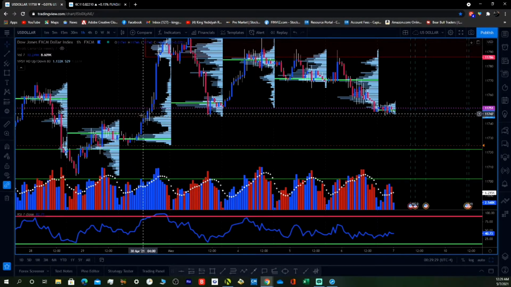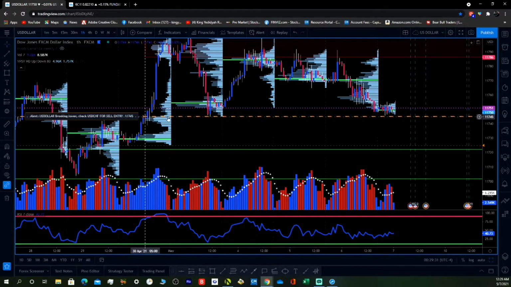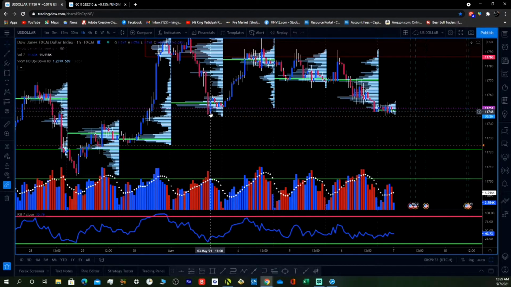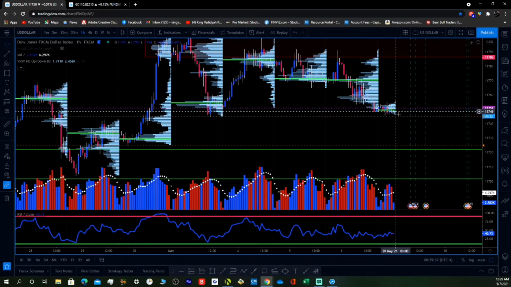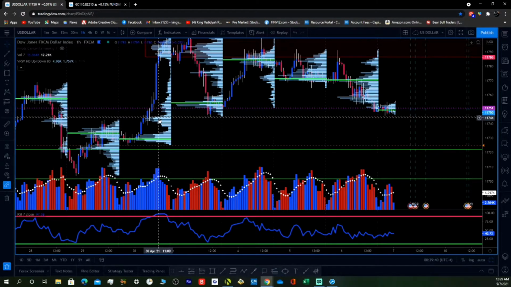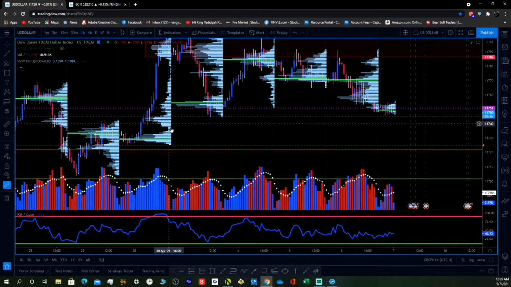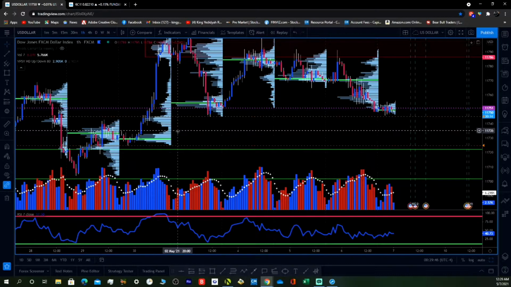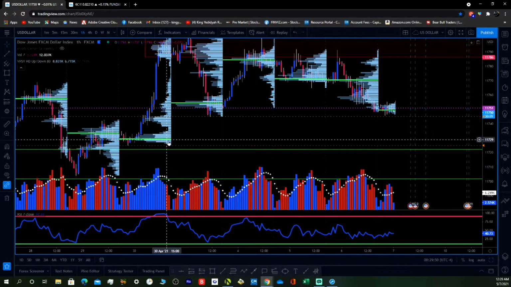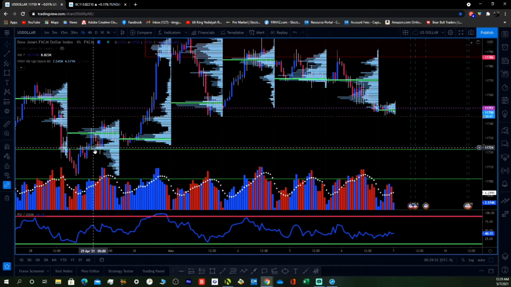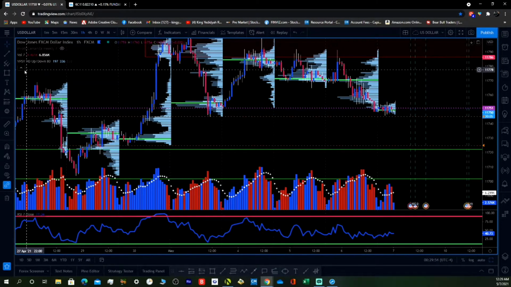So if this is their point, they probably like this point, they probably came in here, and they'll probably be here again. So let's say they did a lot of buying here, if we could break through this area, we get this nice little drop through here easily to this area, and if we break through that, then we get this nice little drop to this area here. So that's how I use volume at price, you know what I'm saying?